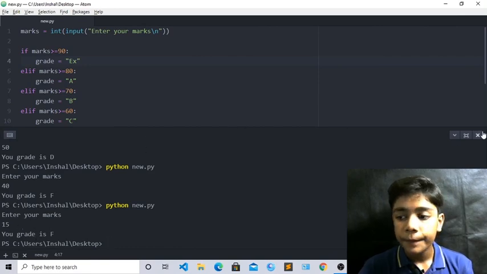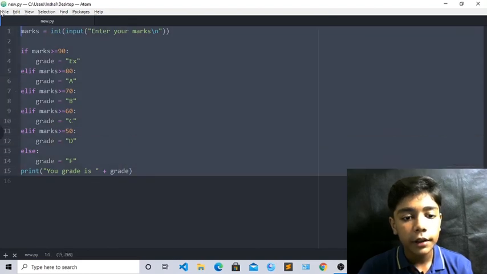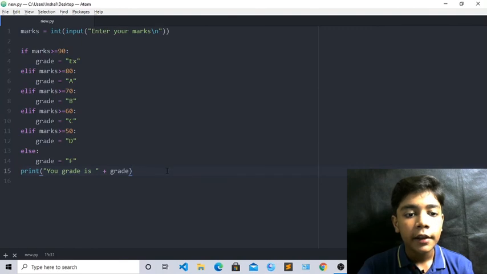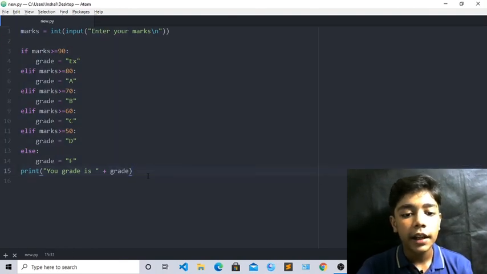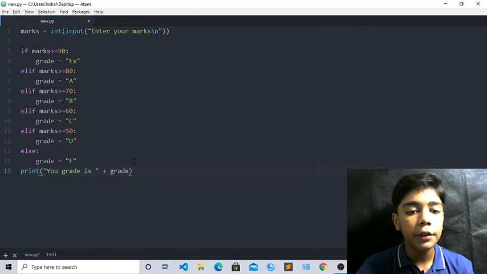So I hope you understand what marks with grade is in Python, and I hope you all enjoyed this class, and I hope you all remember the code that I told you in this class. Please remember this code. It is just a small marks grade sheet, but it is really important in Python, so you have to use it in many things. We can use it in many projects and topics if we want to. So these codes are really important.